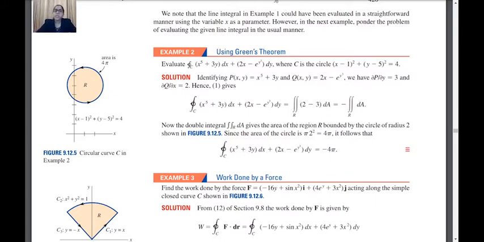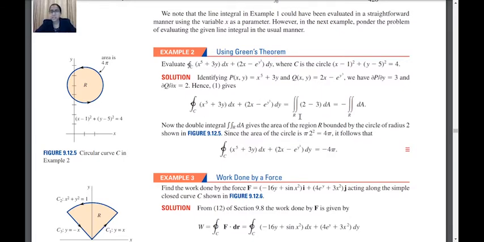First of all, we'll find what is P of x, y. P of x, y is x raised to 5 plus 3y, and Q of x, y is 2x minus e raised to y cube. Then we will find the partial derivative of P with respect to y. It will be equal to 3. And the partial derivative of Q with respect to x will be equal to 2. So clearly all these are continuous in the given region R. There's no point of discontinuity here. All are continuous functions. So by Green's theorem, we can conclude that